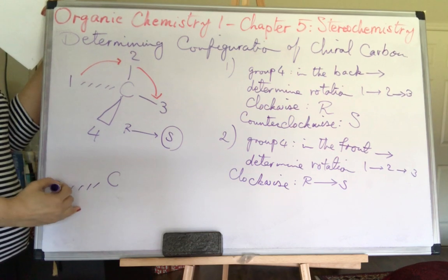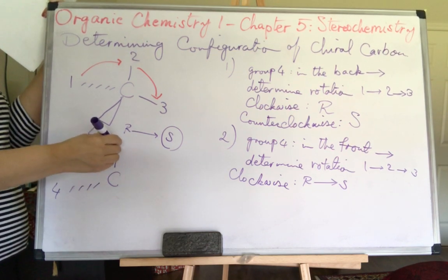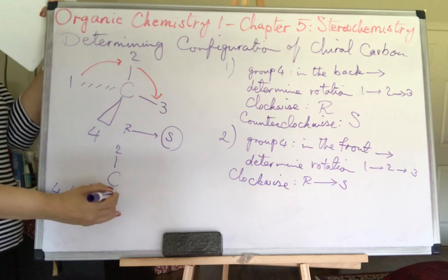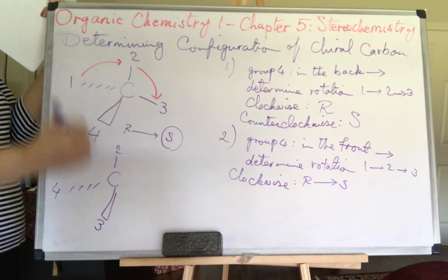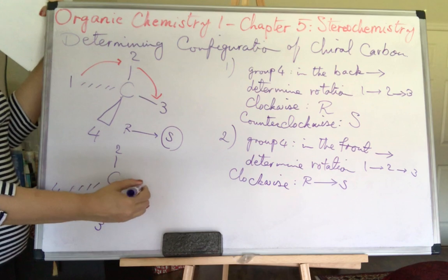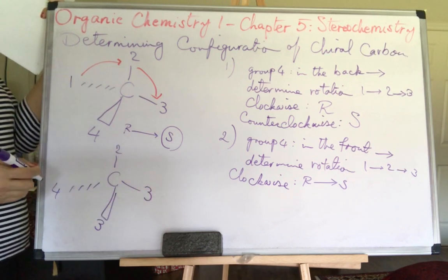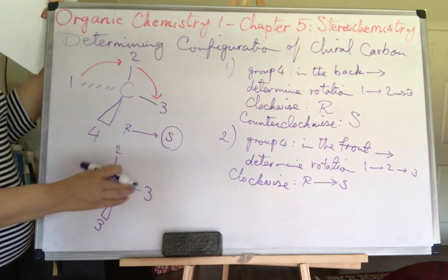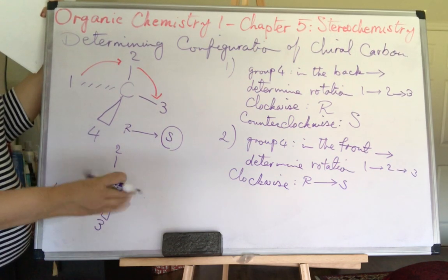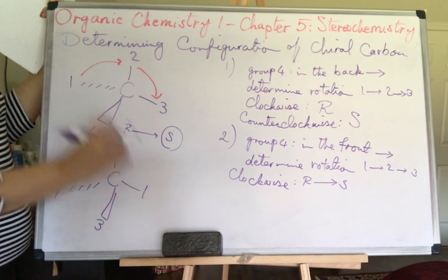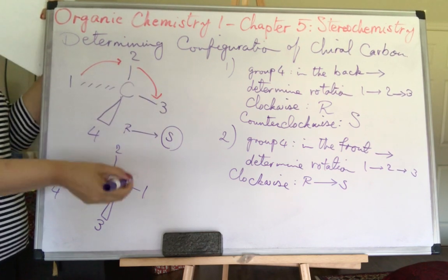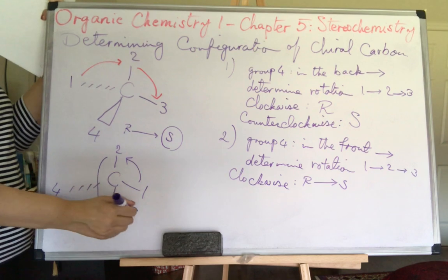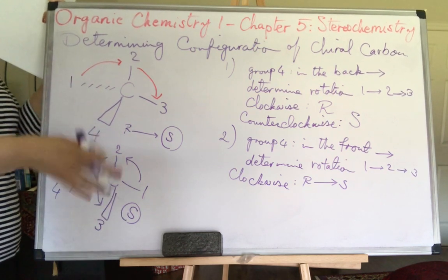4 is going to the back, right? 2 is in my hand. So 3 comes to the front and 1 goes to the place of 3, right? Oops, what did I do? Okay, 1 is here. Sorry. 1 goes to the location of 3. So now rotation from 1 to 2 to 3 is what? Counterclockwise. So I'm cutting